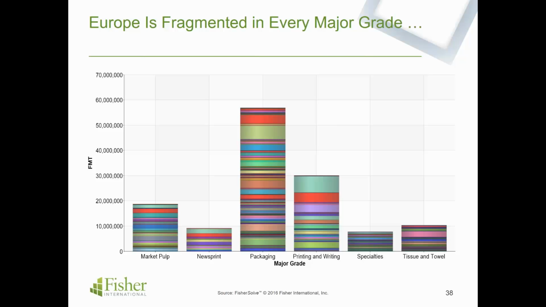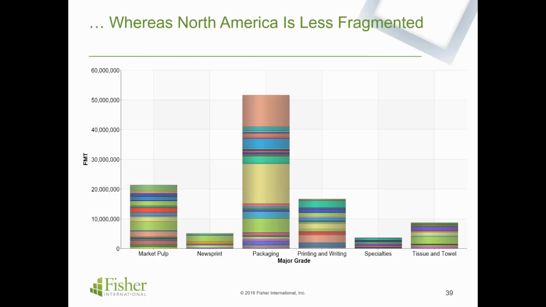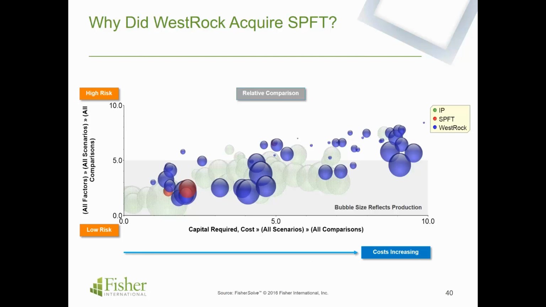Okay, then consolidation. Like we all know, Europe is very fragmented in every major grade, and very little has been done. Heinzel Group here, on a small scale, was one example of capacity getting into fewer hands, but North America is less fragmented. Like we also know this, there have been some great changes, and here is one company, SP Fiber Technology,